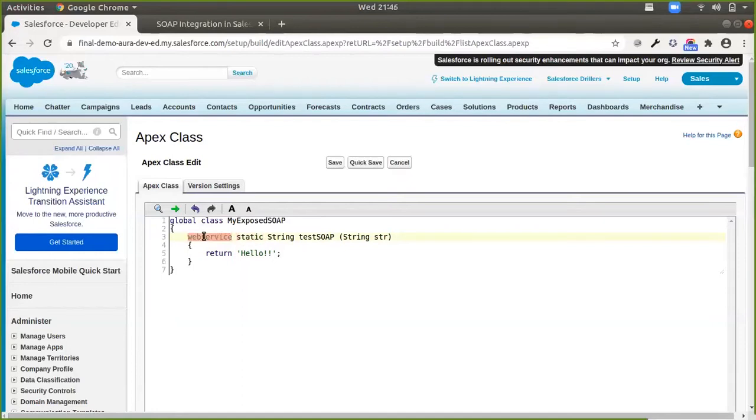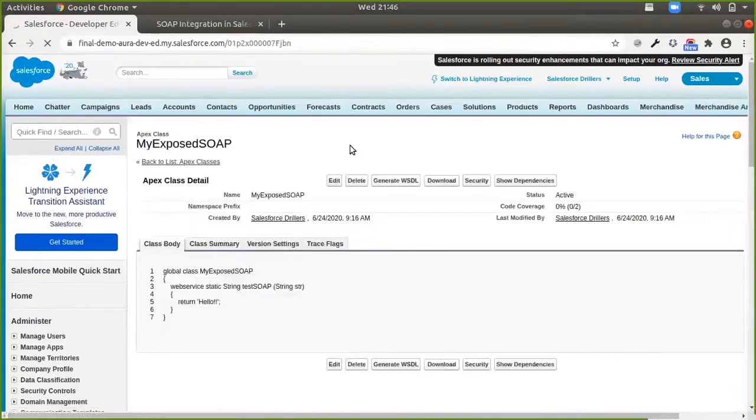In order for you to use the web service method, your method should be static. So we're just going to build out this Apex method here, which just returns a hard-coded hello string. So I can save this class. After I save this, if this has the web service keyword, it shows up here as the generate WSDL